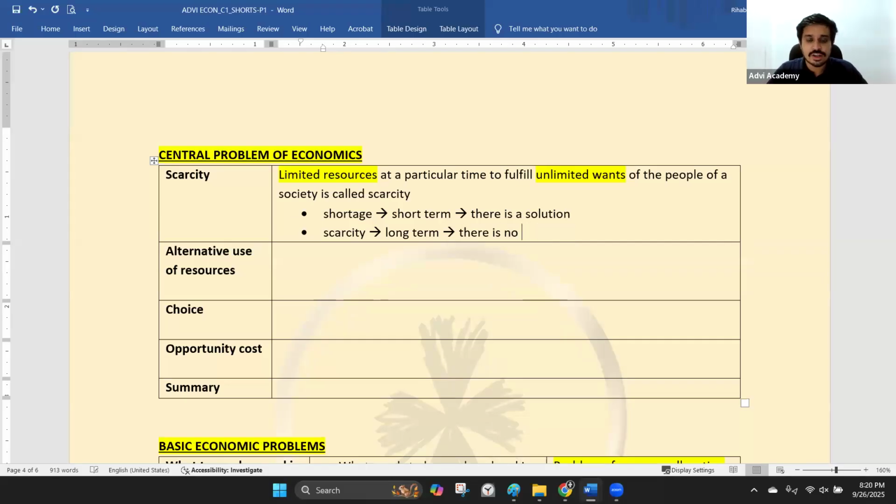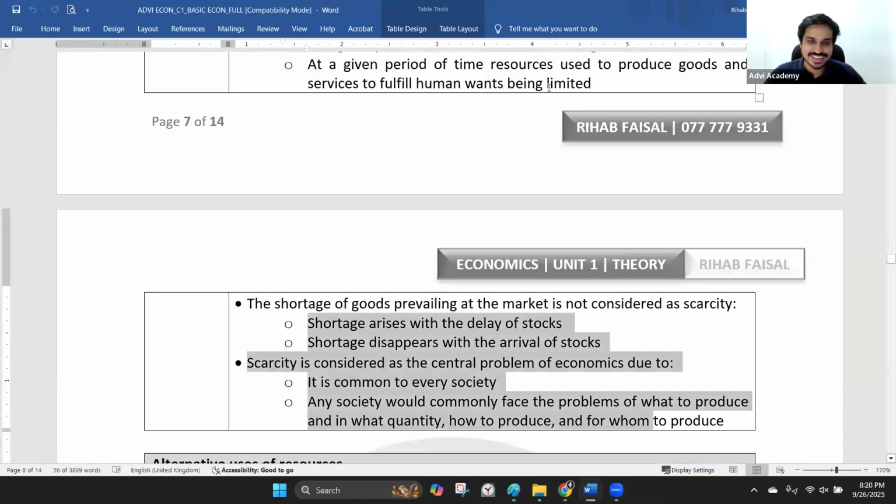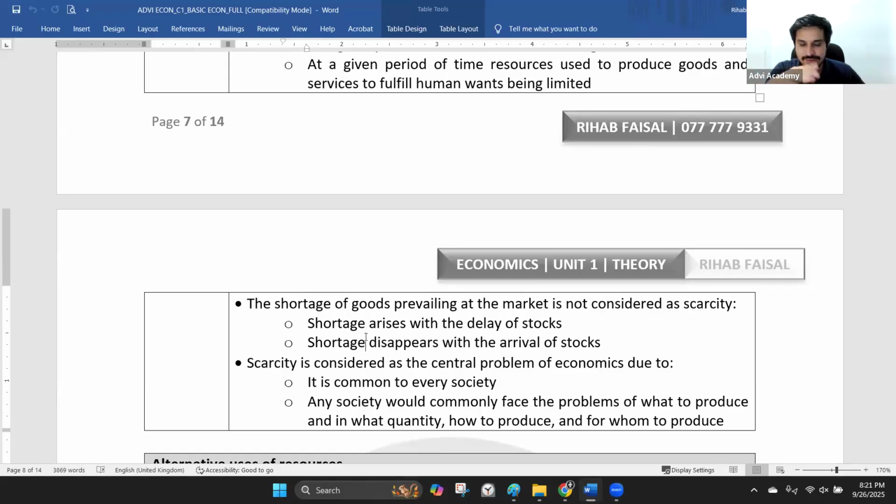That is why economics is a subject. The day scarcity has a solution, the subject called economics will come to an end. Therefore, the subject of economics will never come to an end. Why? Because scarcity will also never come to an end. Why? Because humans are not going to end anytime soon. Probably only at the very end will it happen.